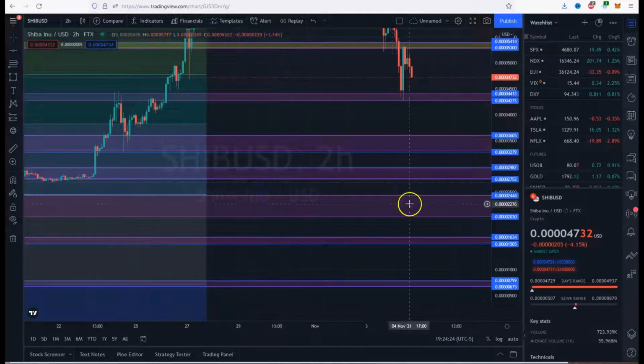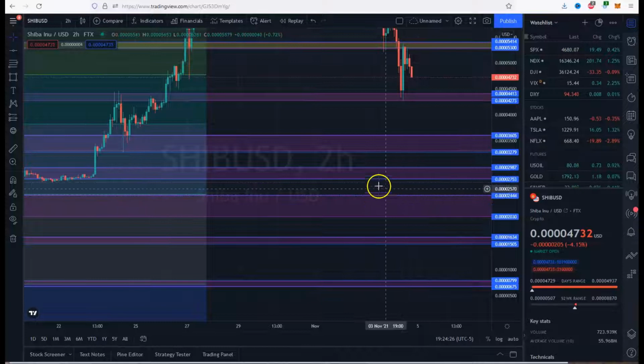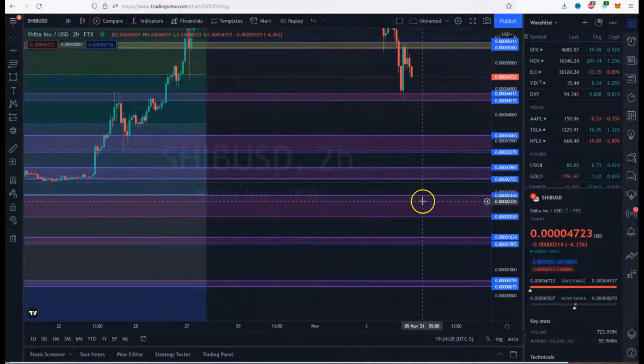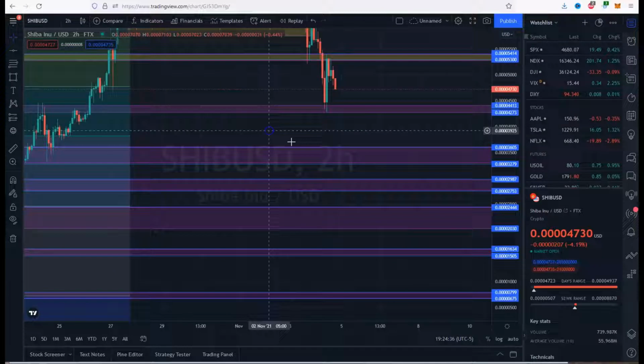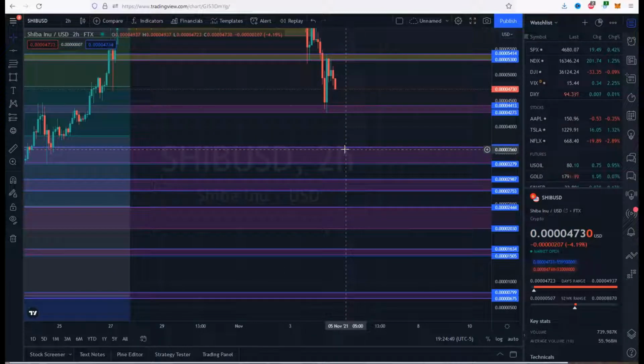We'll go back out and look at that in a second. That would be the one that really has to hold, and if it holds, probably has a lot more potential. But I think this does too, personally. So you want to manage your risk here, guys. You don't want to be putting a ton of money into this and